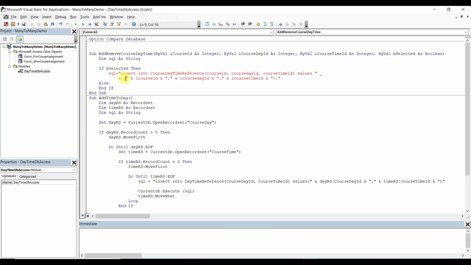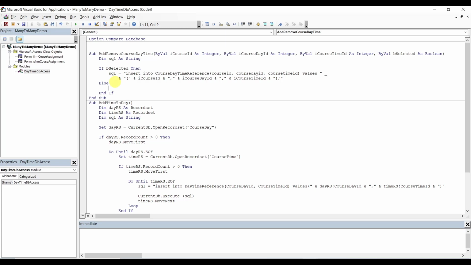Oh, right here, I missed the double quote right in front of that guy. There you go. You gotta be quick with this guy. You gotta be quick. So now if it's deselected, then SQL equal, this is simple, we say delete from,